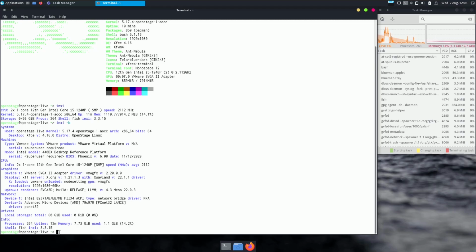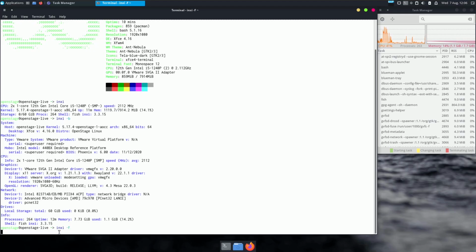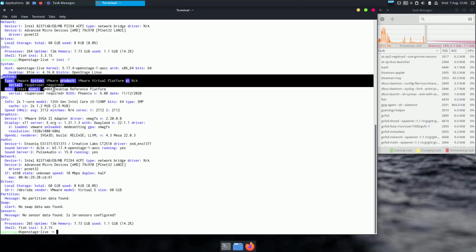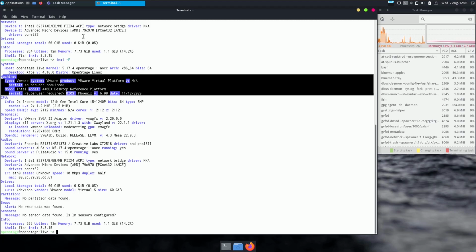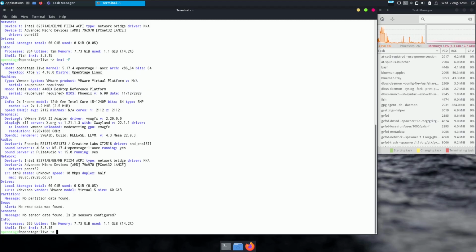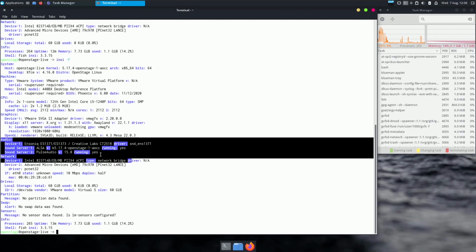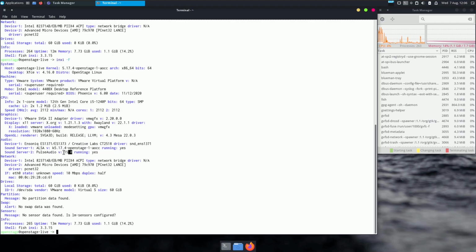So let me type in inxi -F. We need to scroll it down, and here you should be seeing more information. So before, the command was giving you the short information, but you get the complete information right now. So here you should be seeing audio information like PulseAudio version 15.0 here, and ALSA version is right here. So again there are same things, so I'm going to type in another command, which is